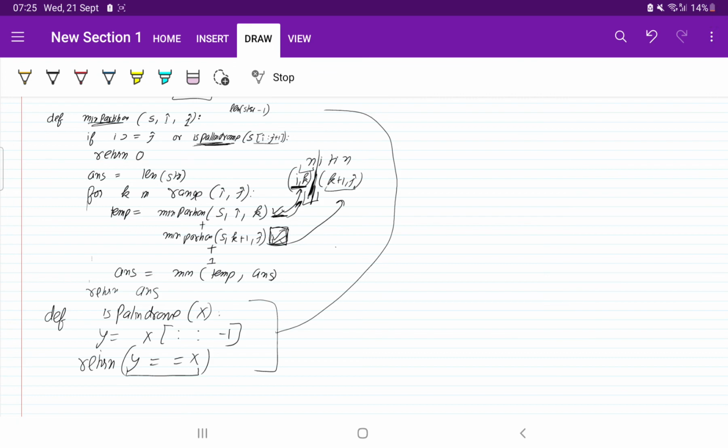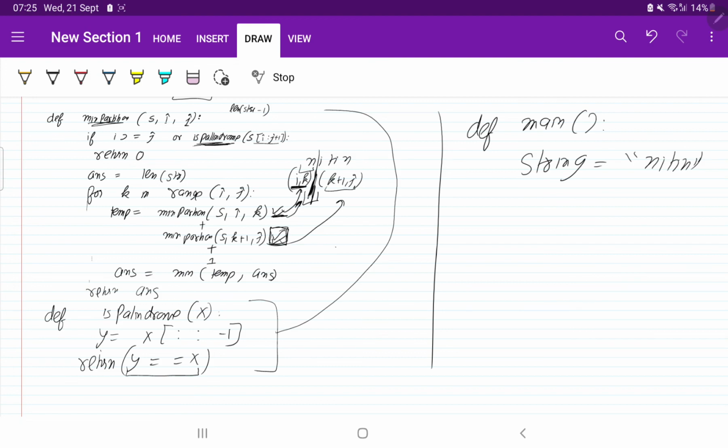Now what you can do, in main function, I am writing here main function. So define main. So main function, let's say the string is given like this, Nitin. So what you need to do, again you need to call the function, so you can directly print.